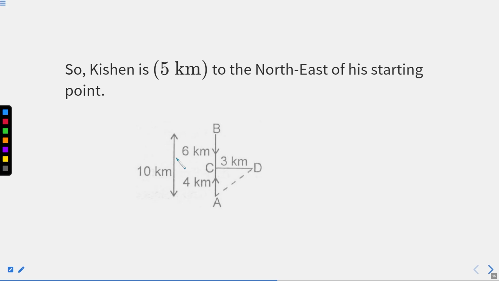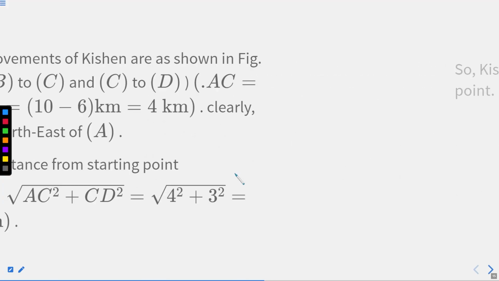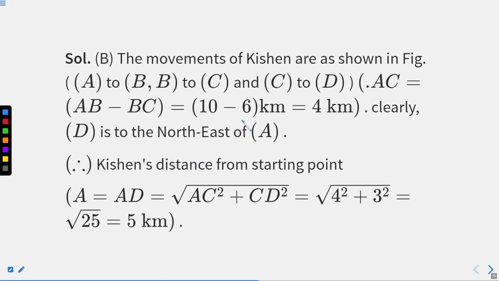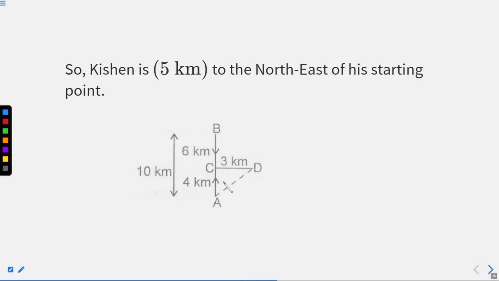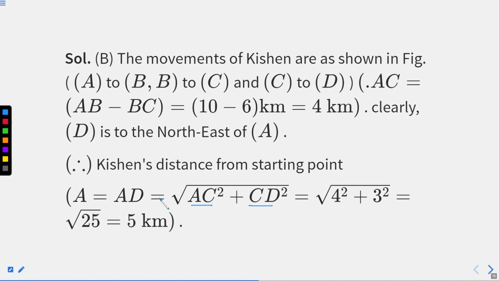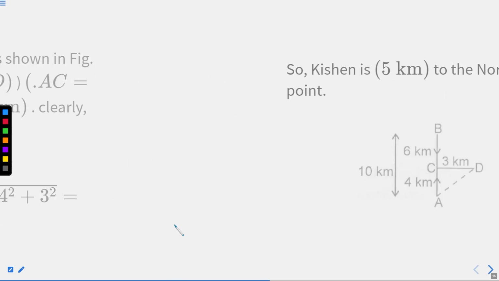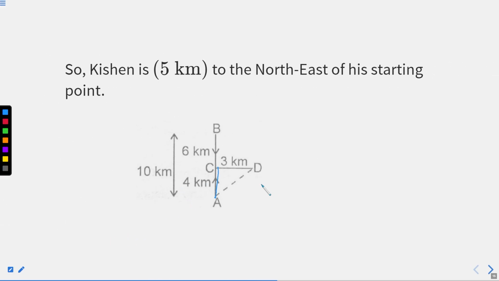So, the question is, we can read this, right? The diagram says this is a 10 kilometer distance, and from point C it moved a distance to D, right, from point A. So the triangle that comes out is ACD, right? And if we solve triangle ACD, what we are able to figure out is that AD comes out to be AC square plus CD square. You can say that AC square plus CD square will help us to find the AD, that is 5 kilometers. So that too in which direction? In the northeast direction, right?